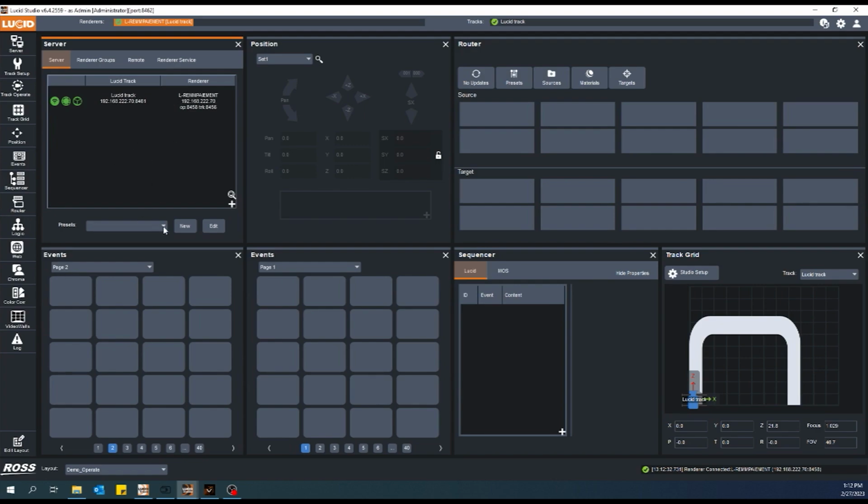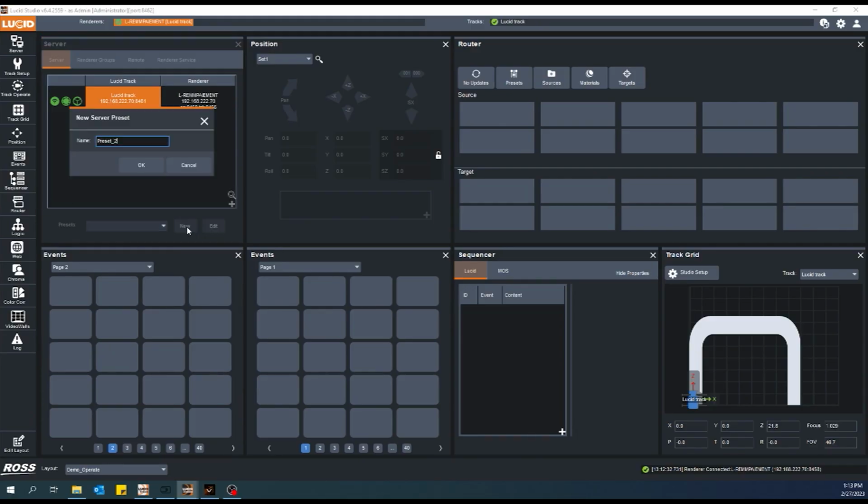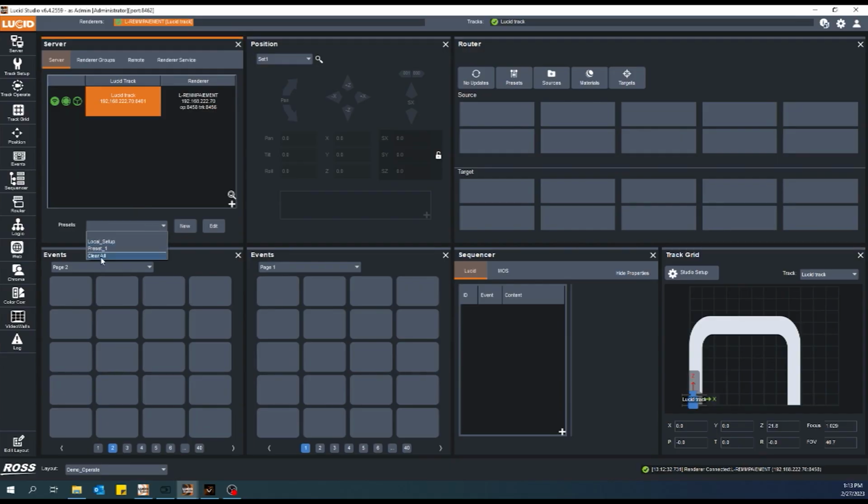And then we can create presets too. So if you have different combinations, let's say you have multiple engines, maybe in a use case, you might have 3 cameras with 3 camera trackers, and maybe just 2 renderers. So you might want to have like AR on the 2 cameras out of the 3. So you create different presets, point one track to another renderer, vice versa, and then create a new preset, name it, press OK. And then now you have multiple presets saved